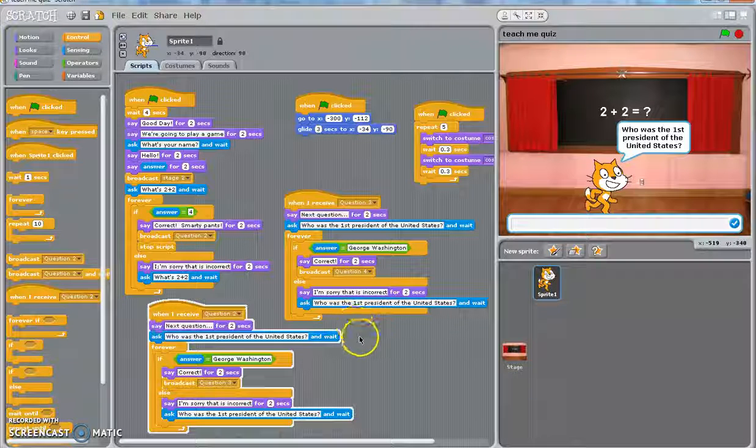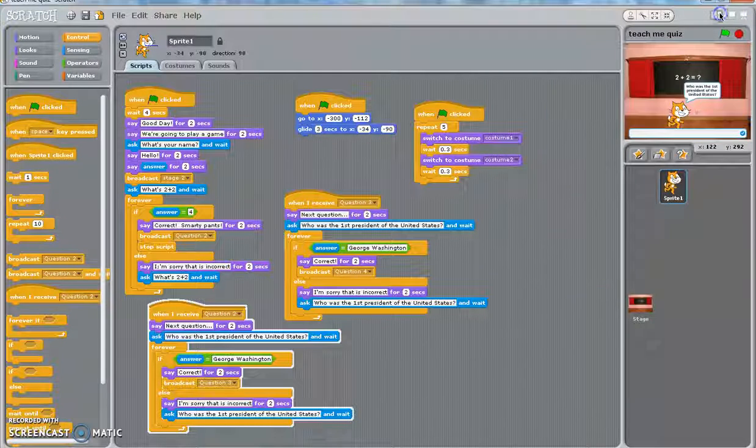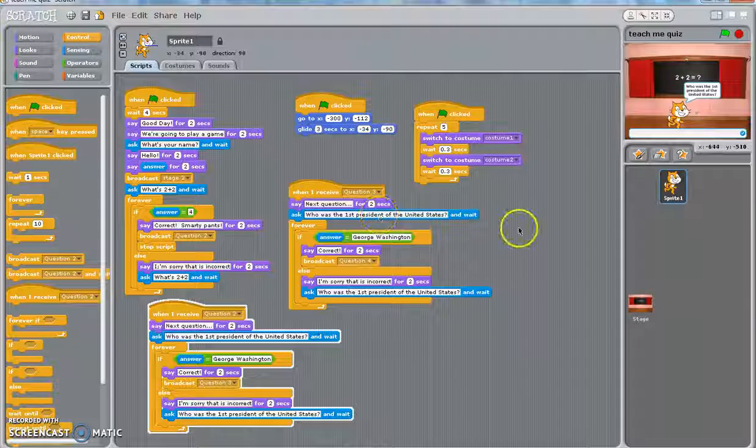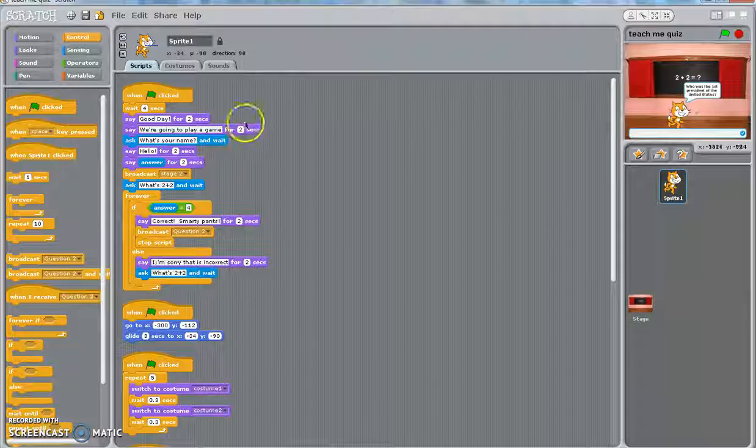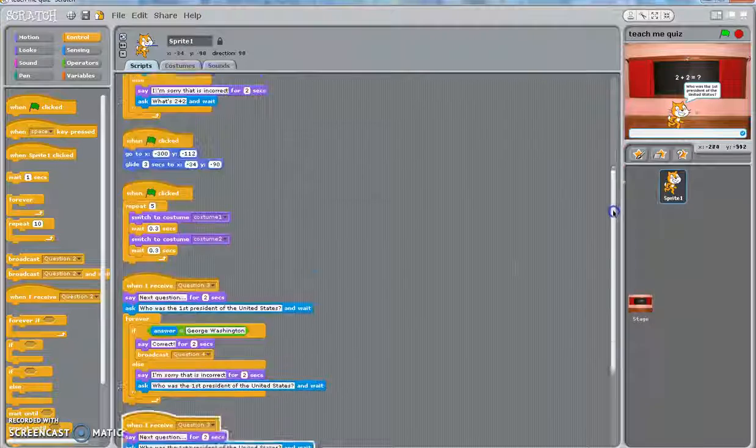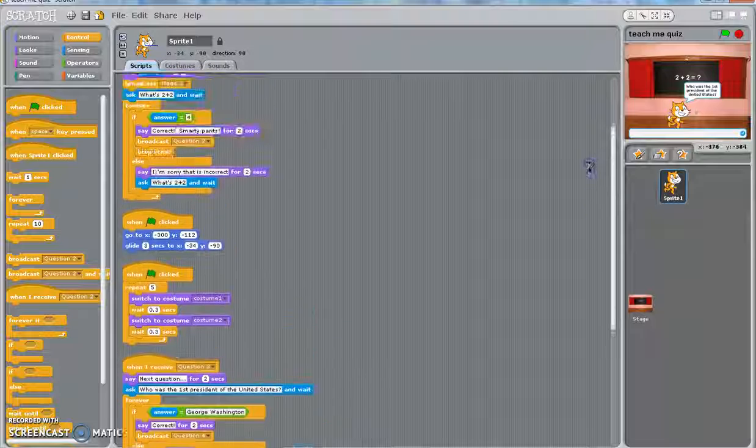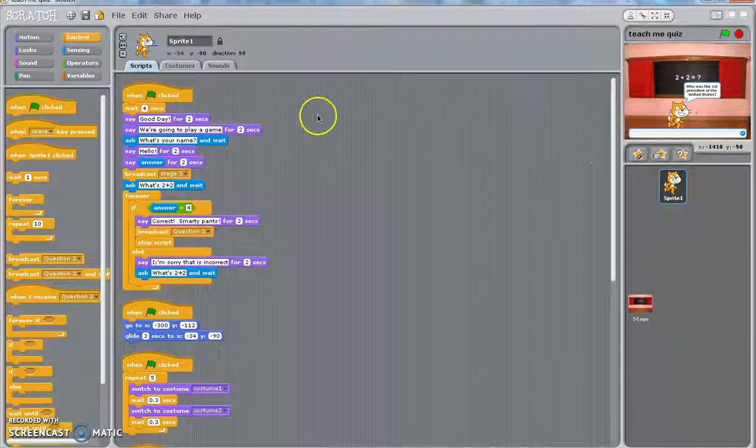And then after it runs through this set of code, you would ask a next question. You may have to make your stage smaller so you have more room to code. If things get confusing, you can move things around. I like to right click and hit clean up, and it puts it all right in order for me. So that's kind of nice. Everything is color coded, so please go onto Google Classroom and there'll be directions for how to set up the